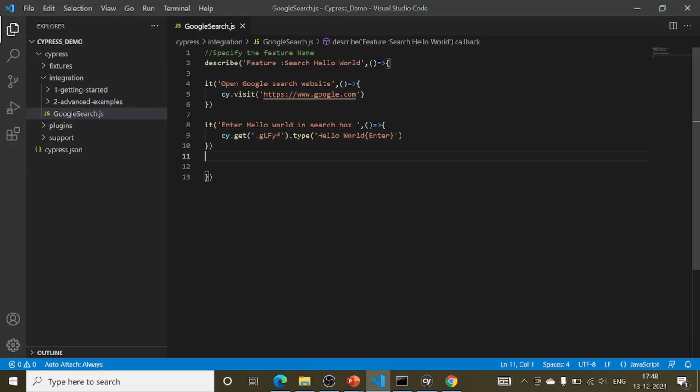So let's see how we can add assertions in our test case. Let's create a test case to handle assertions. So now we will be adding an assertion on an object for checking whether it is visible or not.